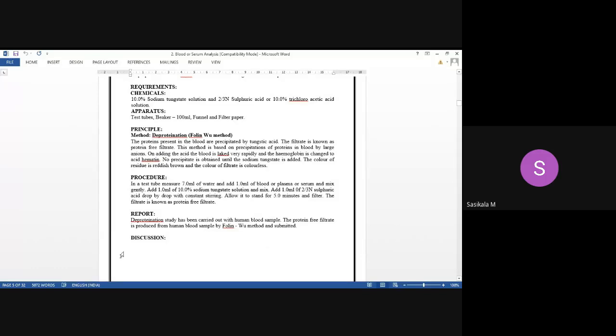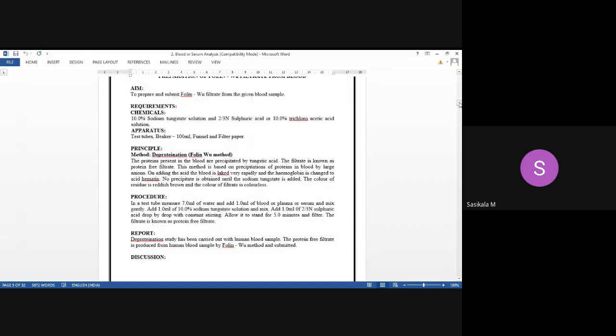And in the discussion you need to write what molecules we analyze by preparing the Folin tungstate filtrate. The importance and the mechanism can be discussed here in the discussion, that you need to write and submit. It is a very simple experiment, just preparing filtrate using the reagents. You need to write a discussion part in your observation and write the chemical mechanism, the chemical reaction behind the proteins and tungstic acid, how it forms the precipitate. The precipitate will be of some chemical, and the filtrate will be carrying some chemical, which we are going to quantitatively estimate. These two things you need to refer and write in your observation.